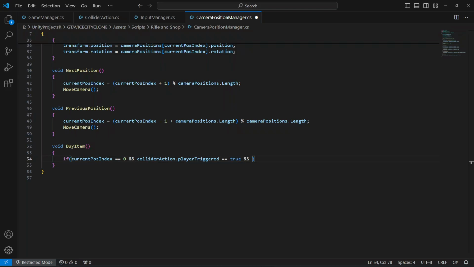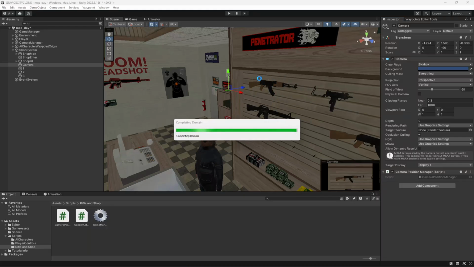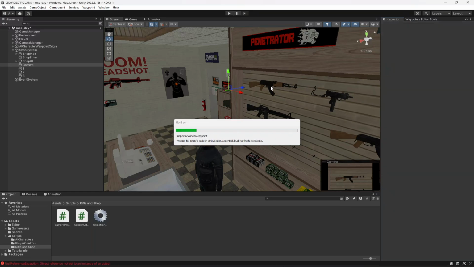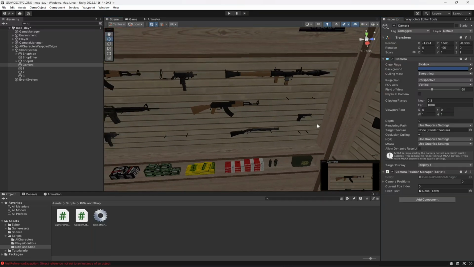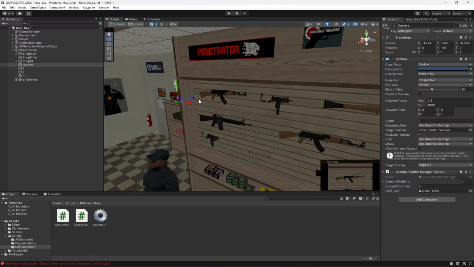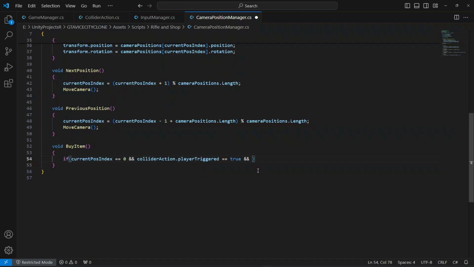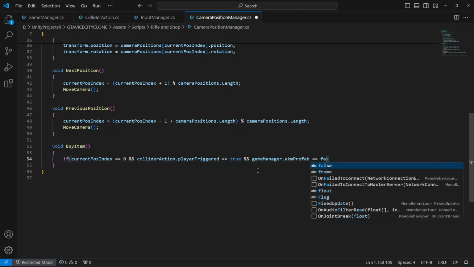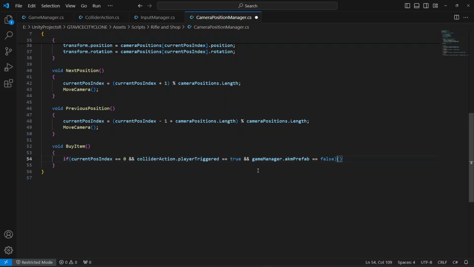we're gonna check if the player didn't buy any of the rifles, okay. Let me tell you what I mean by this. For example, right here, as you know that our first rifle will be the AKM, okay, the second one will be the M416, and the third one will be this pistol. So before buying this AKM, we will first check that if the player doesn't have the AKM rifle, and then in that case only we will make the player buy this AKM, okay. So we need to check that, and in order to check it, we're gonna use the game manager dot akm prefab is equals to false. Okay, so if it is false, then